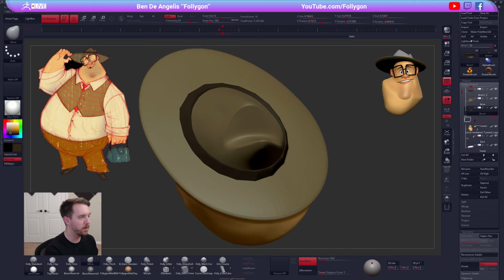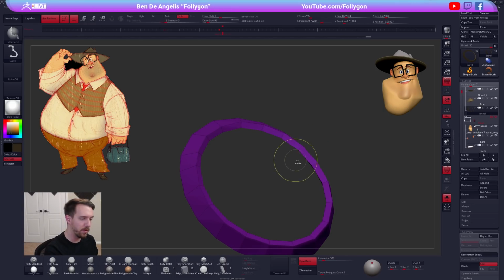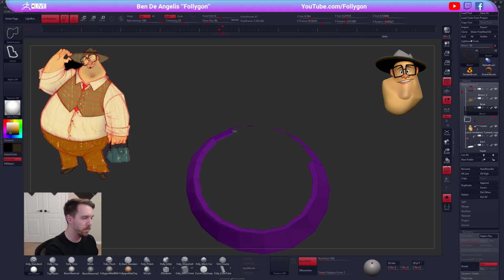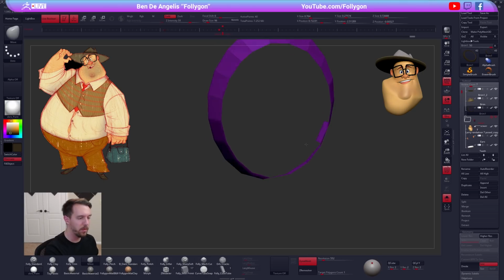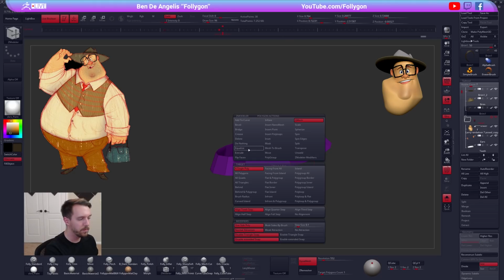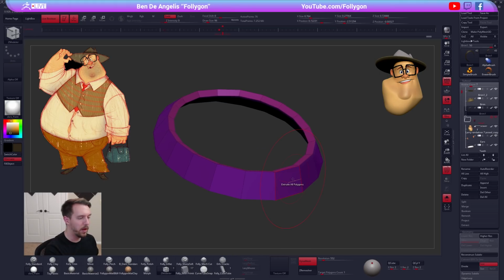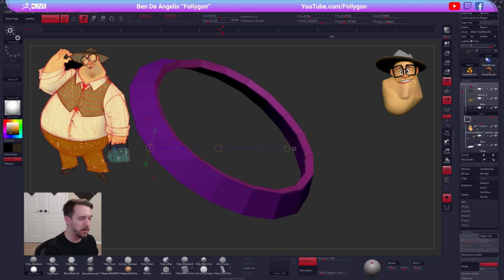Almost there. All right, let's get rid of our excess junk. So I'm re-extruding this just so I can manually control the thickness. Another benefit is it will kind of polygroup this for me. Beautiful. All right, Z modeler, extrude all polygons. I now have a poly group, which is beneficial because I can mask